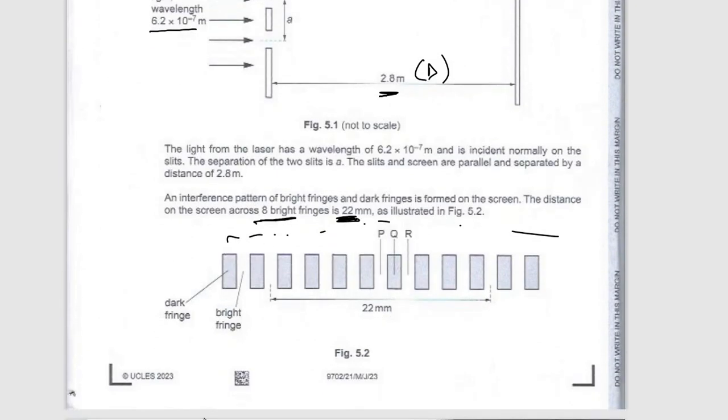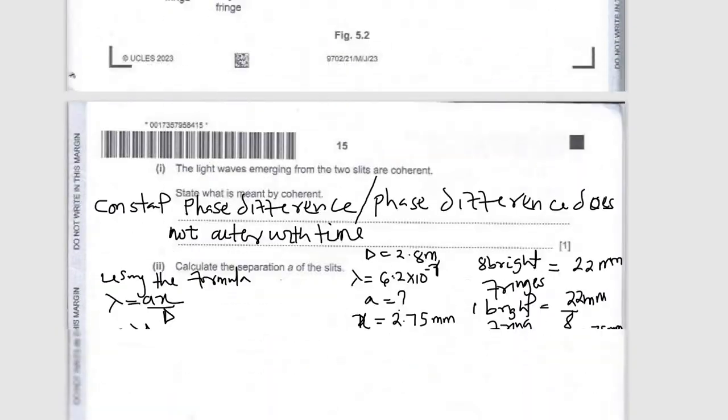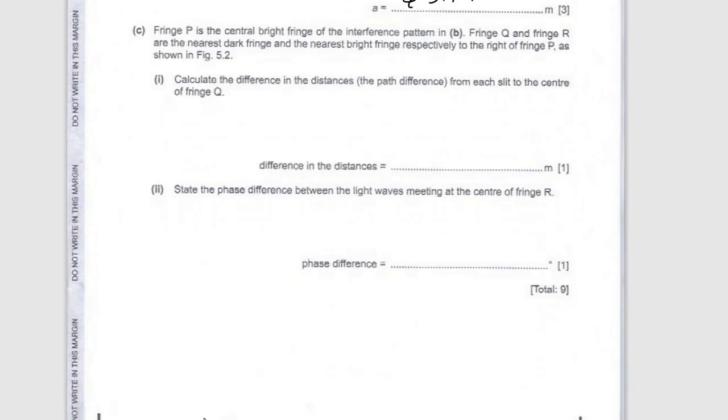Interference pattern, they said P is the central. You know what is meant by central? Fringe Q is the nearest dark fringe. Fringe R is the nearest bright fringe,